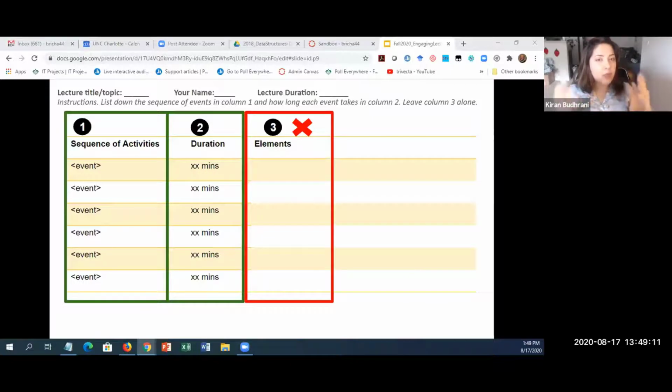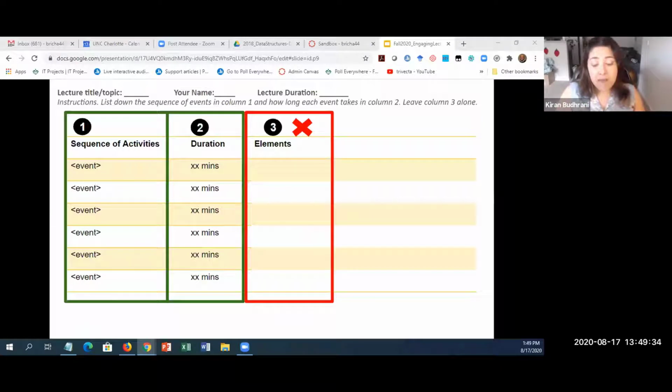So I want you to think about what would be your typical sequence of activities. What would you ask students to do? What would you be doing? List them under column 1. And then for each of those, think about how long you normally spend doing them. Okay, so imagine you have a lecture, you have a topic.